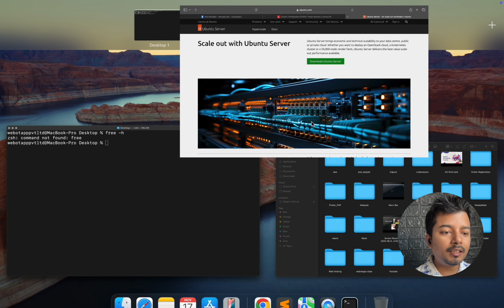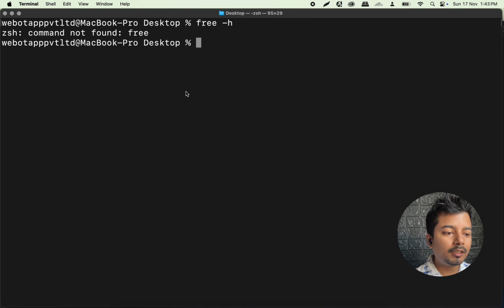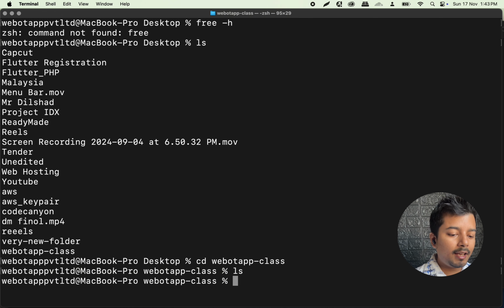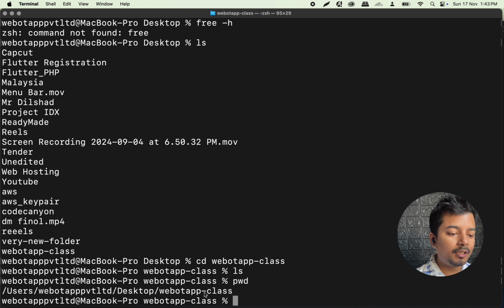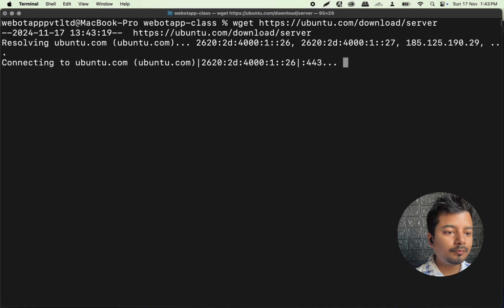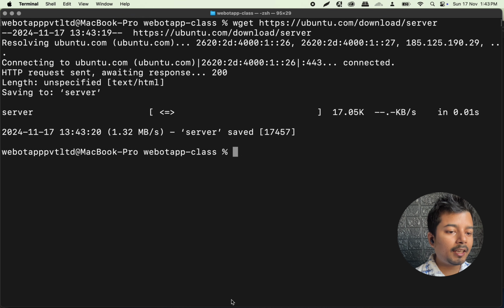I will be copying the link here, and then I will come to my terminal and type ls, and I will now go inside VivoTap class. For that I will write cd VivoTap class and then ls, and let us type pwd. I am inside VivoTap class. Let us clear everything. Here I will write wget and then the link. If I hit enter, I can see,